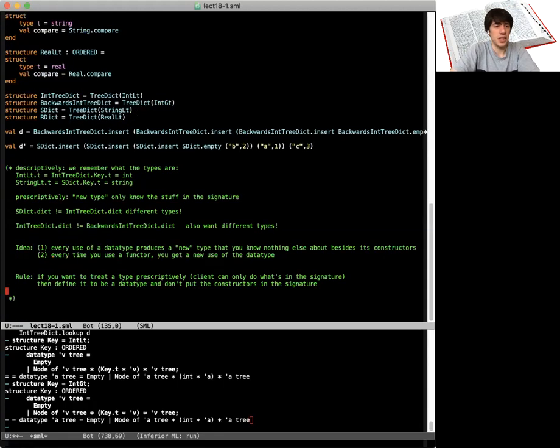So the way that we'll use this semester to make types abstract, that is, we'll call this an abstract type or an unknown type, is that you put a type in the signature. In the implementation, you define it to be a data type, and you don't tell anyone about the data type constructors. So we'll see an example of this in lab tomorrow,